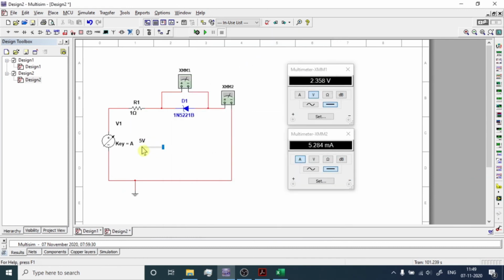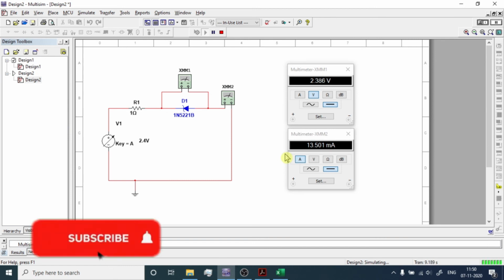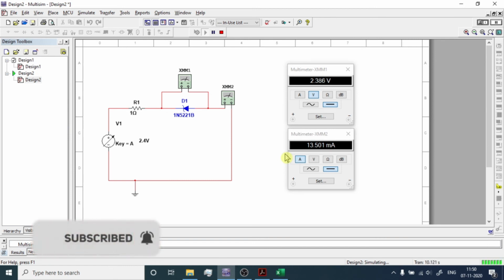And now we'll perform the same thing, right? We are going to run this. We'll change the amount of voltage across the diode, because up to 2.2 volts it remains the same constant voltage. Now it's 2.3 volt, 2.4 volt, and the current through this diode is 13 milliampere. So it's near to its maximum limit of 25 milliampere.